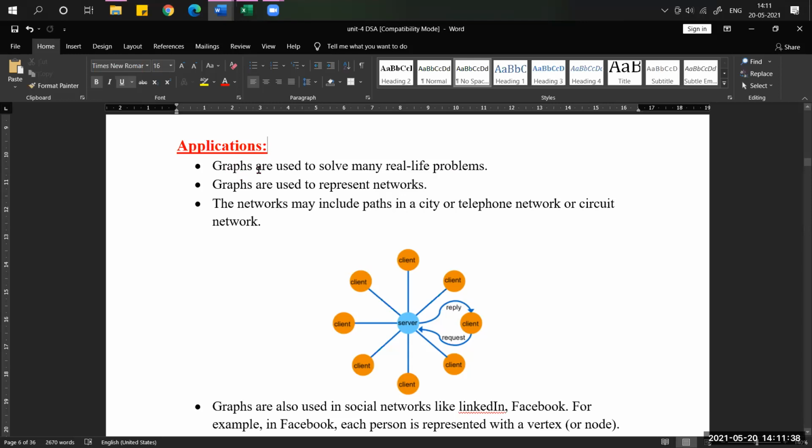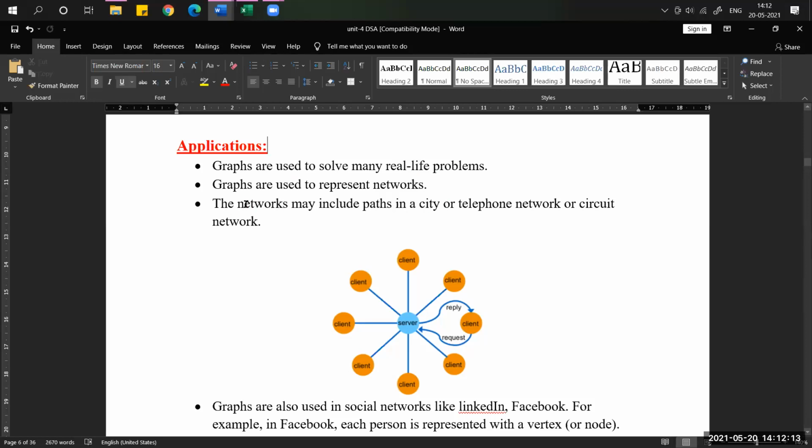Just now I said searching a path from your source to destination. In that, every landmark or place is denoted as a node. Then from one landmark to another landmark there is a way, and that way is nothing but an edge. Like that, graphs are useful in our real life, in the real world.